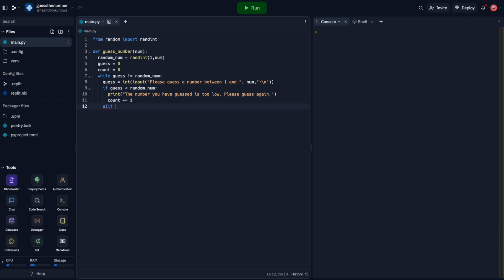And then we'll add an elif the guess is greater than random_num. Then we'll basically just copy paste this and modify it so that it says the number you have guessed is too high. Then we'll add the last elif for if the guess is exactly equal to the random number,